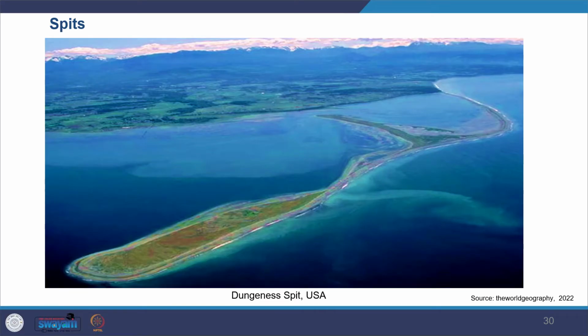Now looking at spits. A spit is something formed when a coastline turns abruptly landward. So the coastline is not really looking towards the sea, but it's looking towards the land. So that is what a spit is. And you can see various forms in the picture. Generally spits are connected to the end of the attached beach by a narrow neck and are fed regularly by sediments eroded from other areas, and get transported as per the transportation system there.